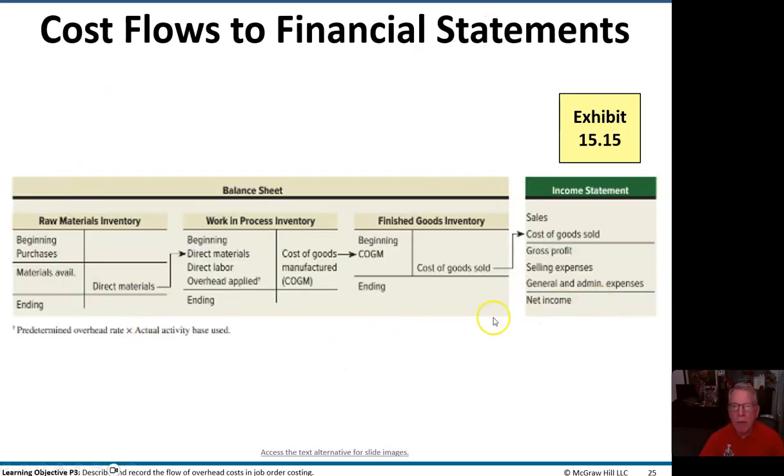So now, here is a diagram of the cost flows to the financial statements. Here we have our beginning purchases, and that's going to be the materials available. We're going to move some of that to work in process inventory, keeping the rest in raw materials inventory. Here, we're going to do the same thing. We have beginning work in process inventory. We add direct material, direct labor, and applied overhead. And that'll give us the ending work in process inventory when we move the cost of goods manufactured into